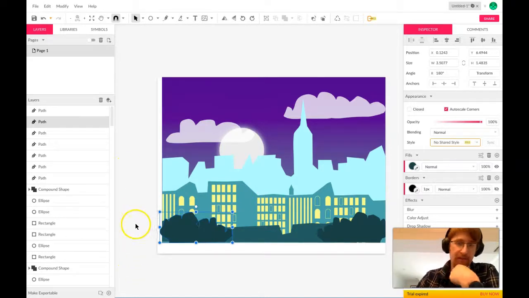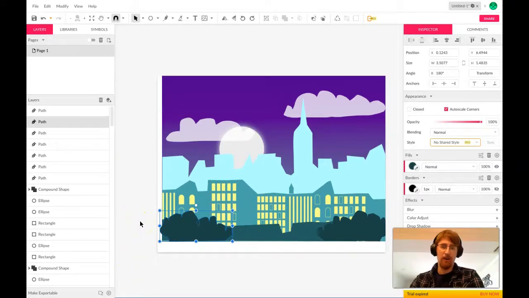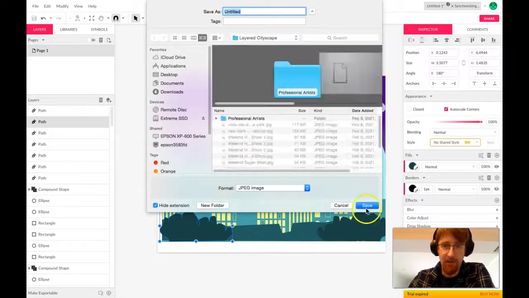When you're finished, just remember you only need to add details to one layer. Just export, so file, save, and then file, export as JPEG so that you can attach it to your Google